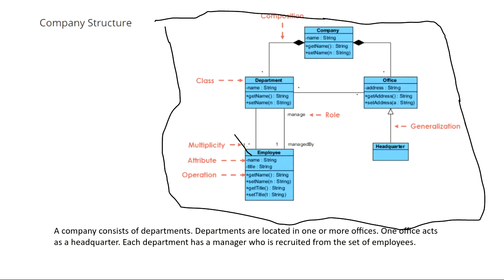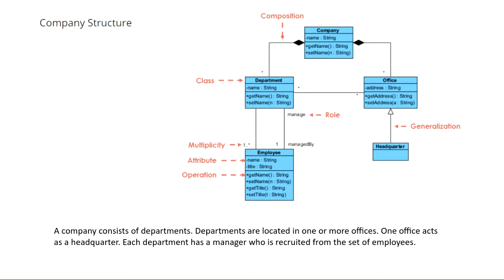So this is what is meant by composition. Now, if instead of this there was just aggregation here, it would have meant that if the company is closed, it will not have any impact on the department or office. And if there is no impact above, there will be none below either. Fine. Now read the multiplicities.